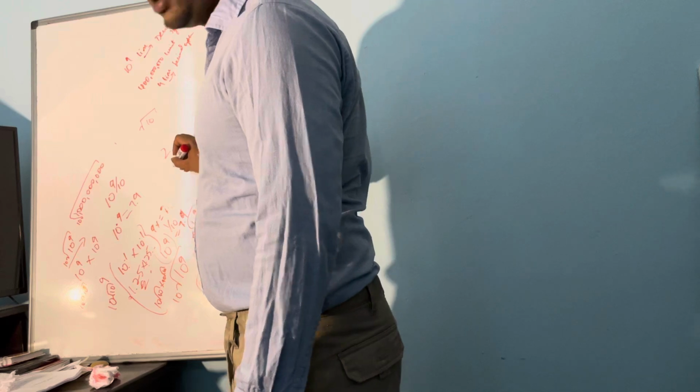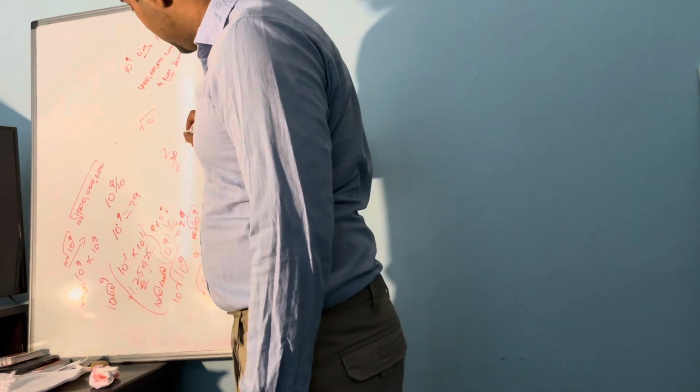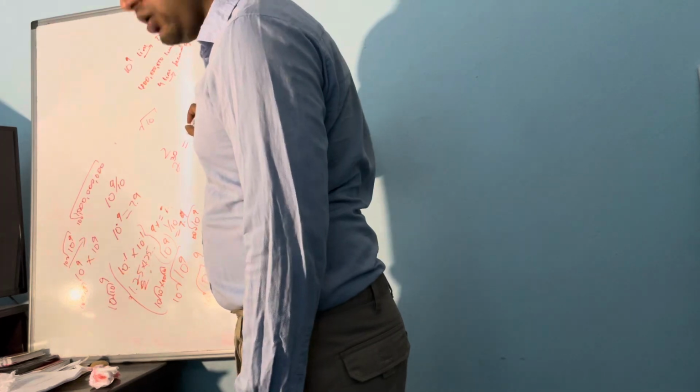Anyway, let me say 2. Let me say we know, let me use 15, 2 to the power of 15. 2 to the power of 30 is 1 billion, right? So if we know that 2 to the power of 30 equals 1 billion,